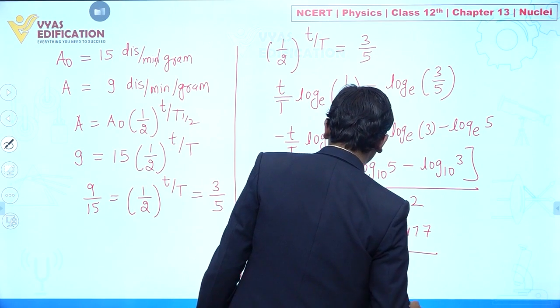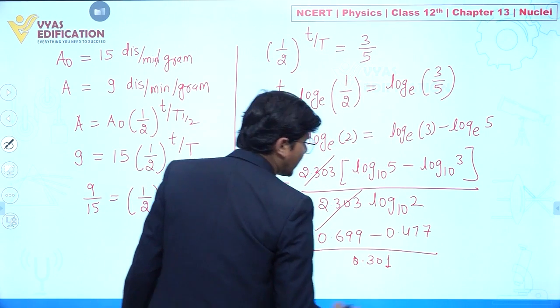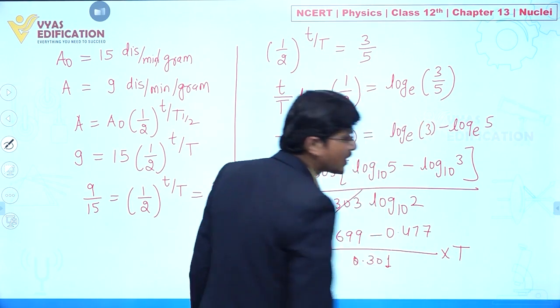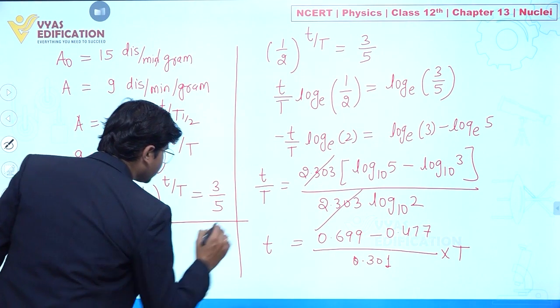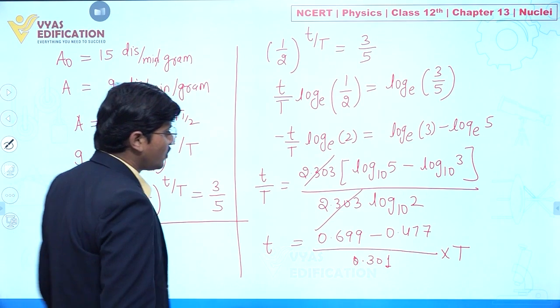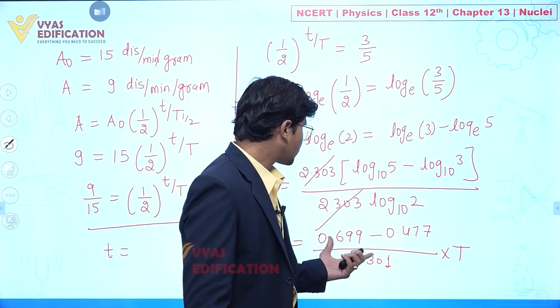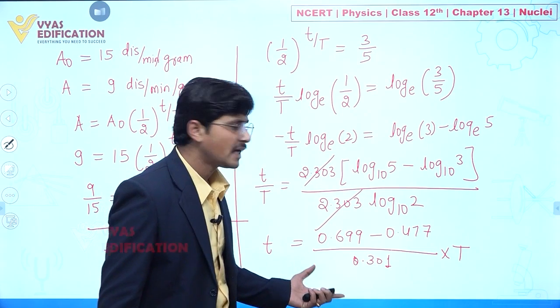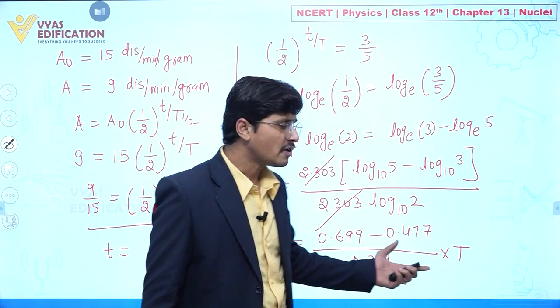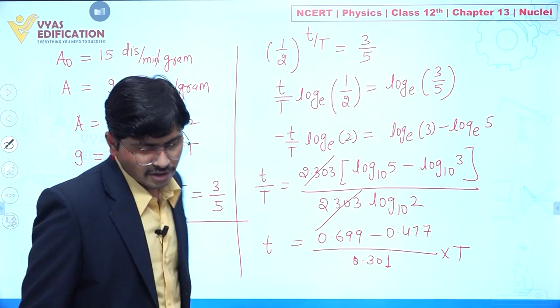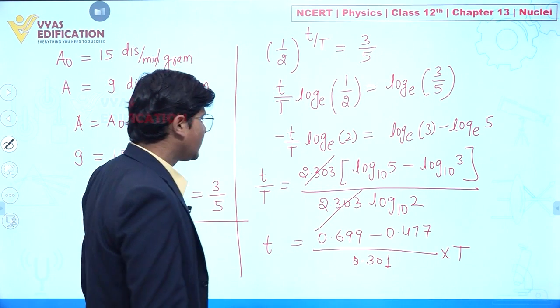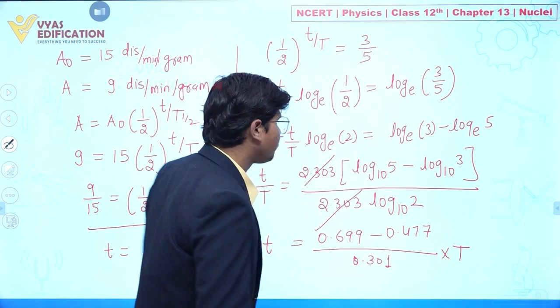0.301, and we can see we are calculating the value of time t, so it should be multiplied with the half life. Clear? So from that we can write it like this, value of t. Now if you calculate, first of all you have to subtract 0.699 minus 0.477, and it should be divided by 0.301. Clear? So now if you solve it and multiply it with capital T, this capital T